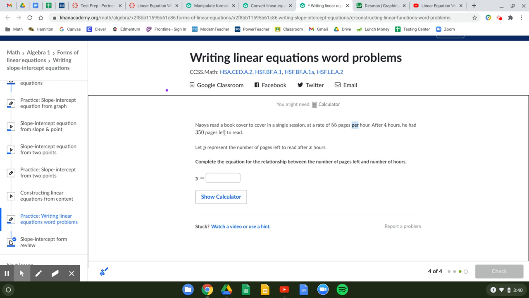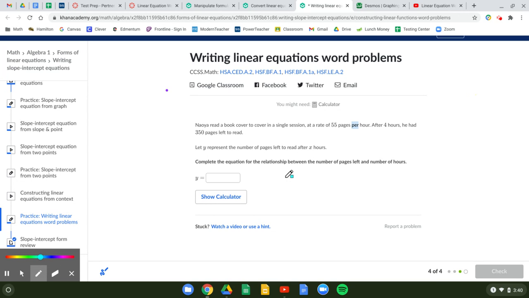Okay, so this is a bit tricky. So what we want when we set this up is going to be 55x. I know that because that's the rate or the slope. But when I think about the y-intercept, I can't just put a 0 here because that would mean that they have,